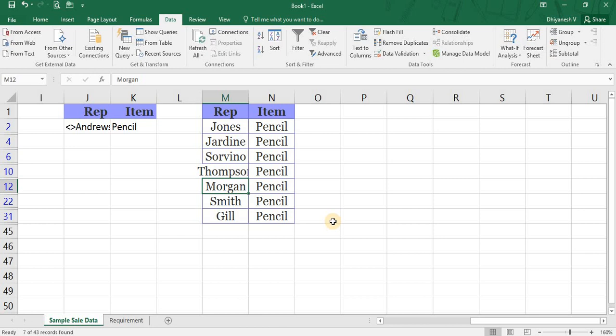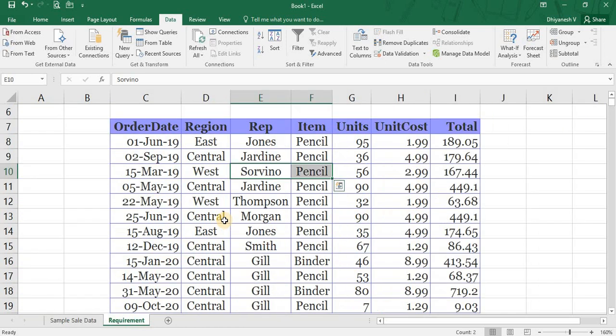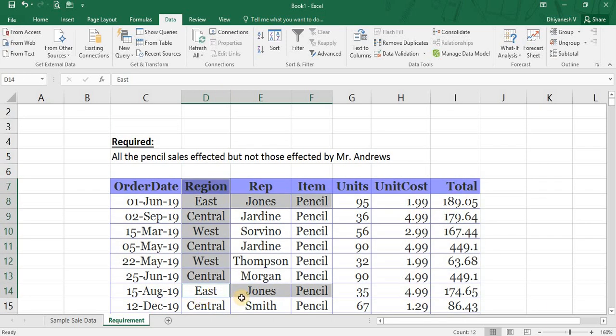All the duplicated records will be hidden or will not get filtered when you select unique records only. But for that, every column in the same row should be equal. So Jones and pencil should be equal, and both should be equal in the next line also, in order to not get filtered. Here Jones and pencil are the same, and East is also the same, but the dates are different, the units are different, the unit cost is the same, but the total is different.